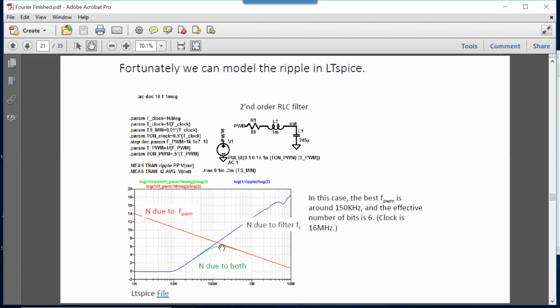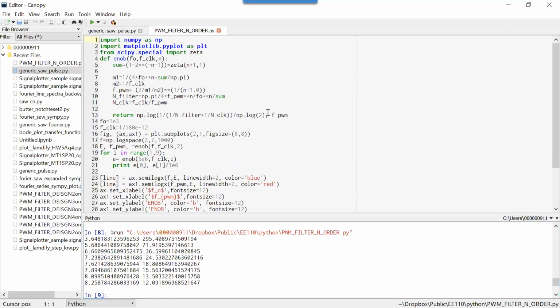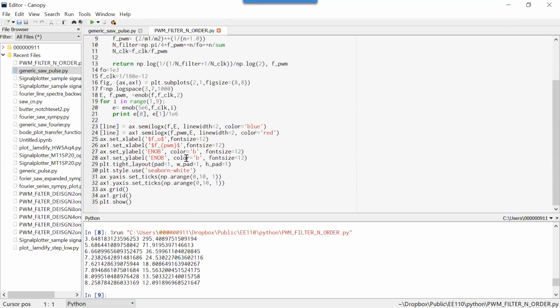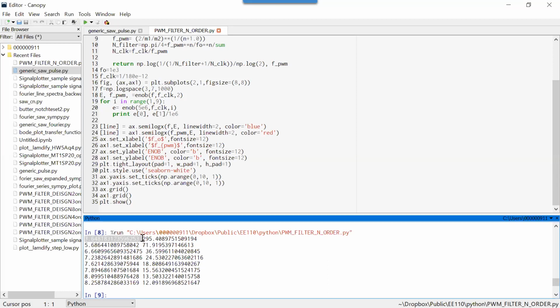Well, in fact, I did find a way to calculate it. You tell it a Butterworth filter, make some assumptions, tell it the frequency and the clock frequency, and it'll just tell you the effective number of bits. There's a lot of code here, but bottom line, this is the first order, and it'll tell you the frequency to operate at, and you can see that the number of bits increases